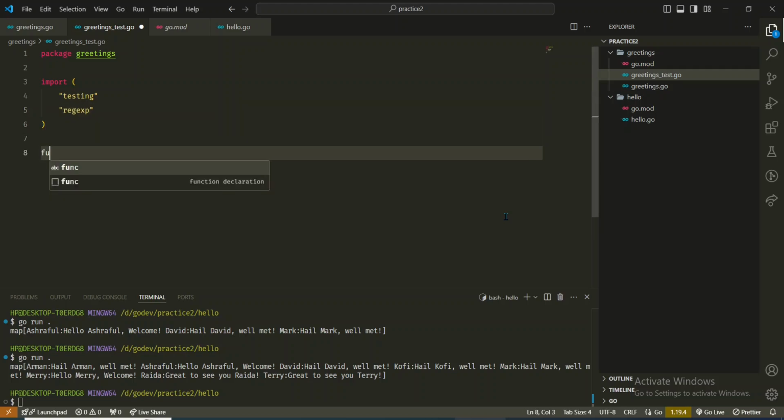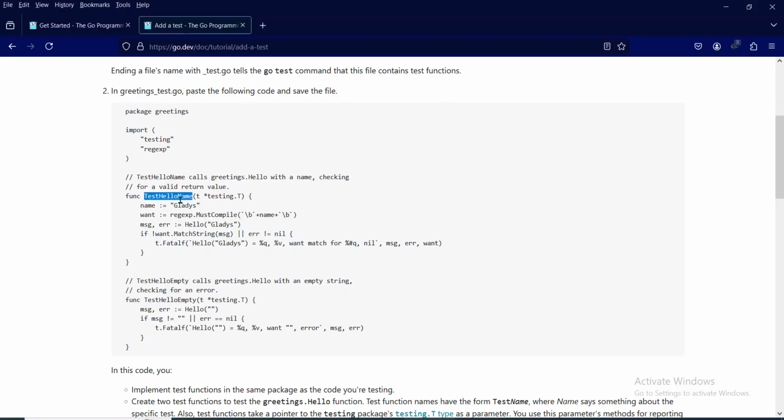Now let's write the function, TestHello. What was the name? TestHelloName. Okay,